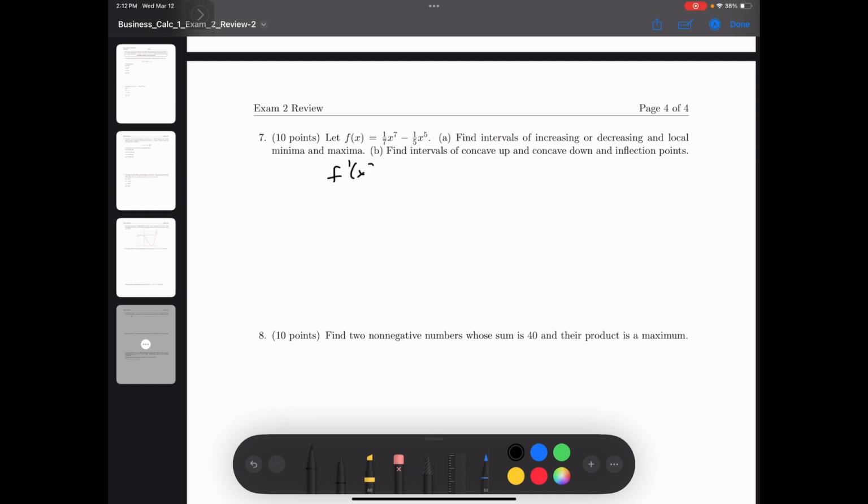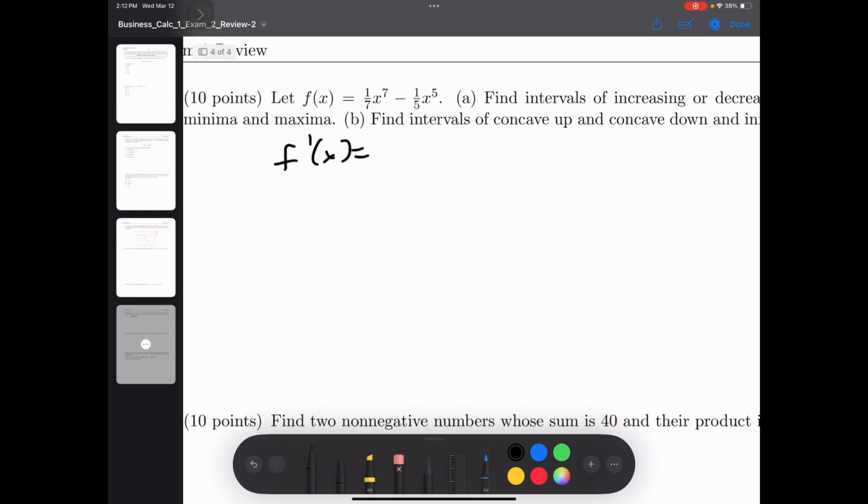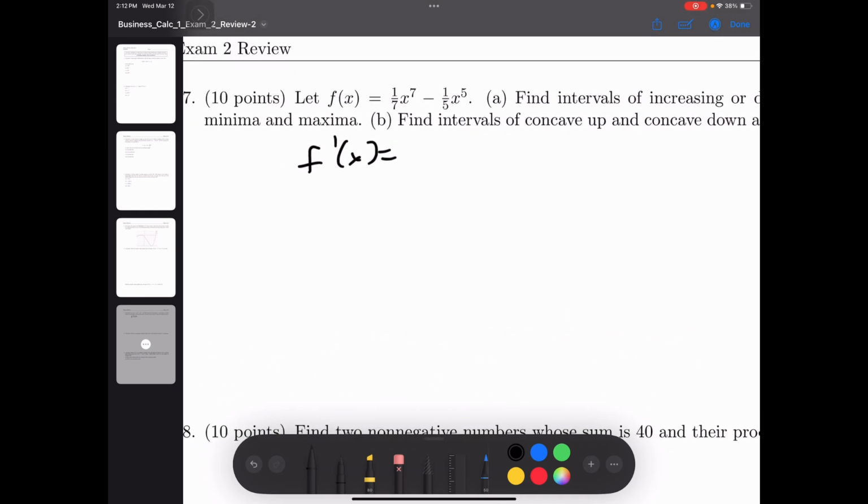So here f prime of x is going to be, make it bigger for more room, 7 over 7 is just 1, so we get x to the 6th minus 5 over 5 is just 1, x to the 4th. And if that's f prime of x, we see that this is equal to x to the 4th times x squared minus 1. And if I'm setting that equal to 0 to find my points of minima and maxima,